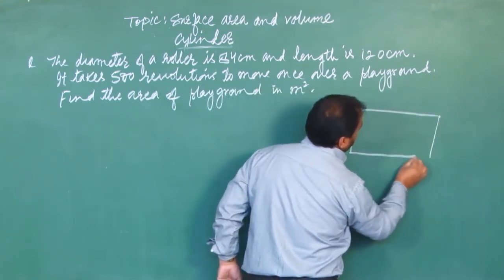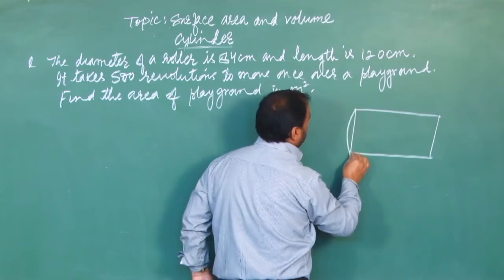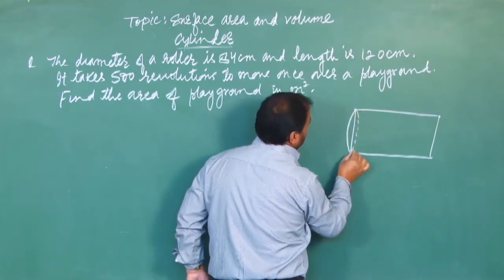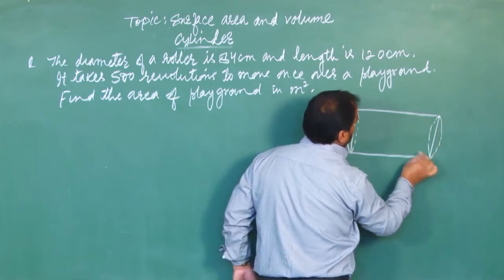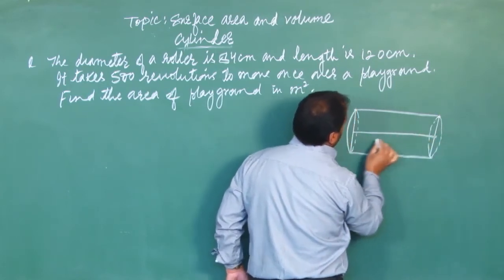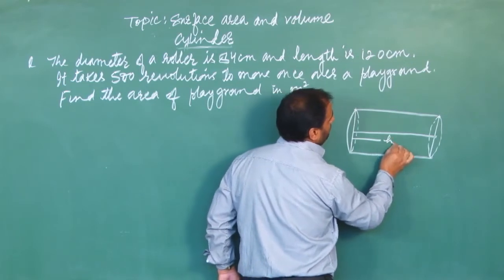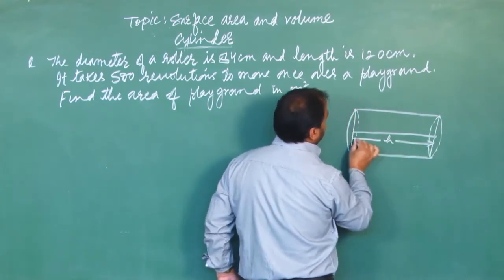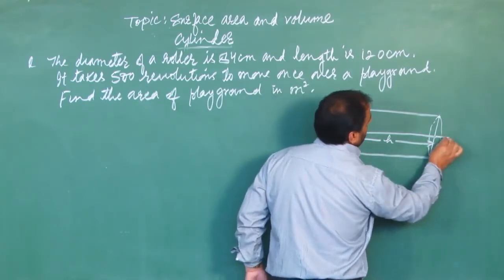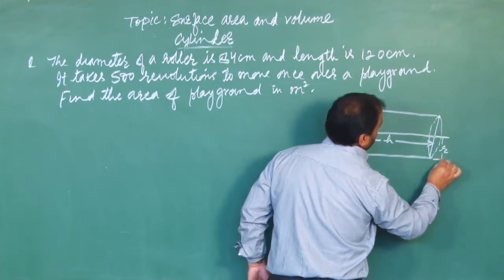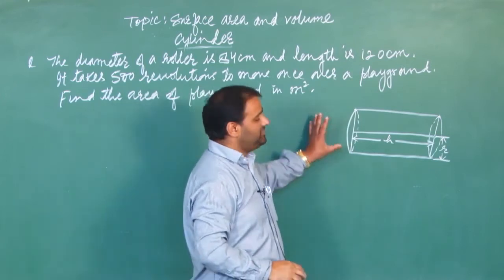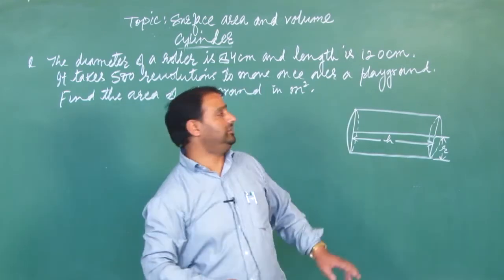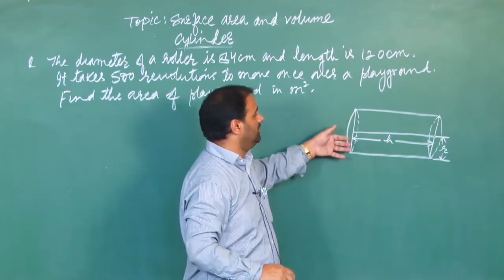So, if we take a cylinder in a sleeping position, its height will be called its length. There is no problem whether we write length in terms of h. And this is the radius of the cylinder. Now, when we understand this type of question, we find that the cylinder or roller